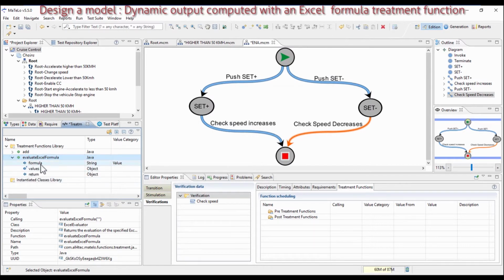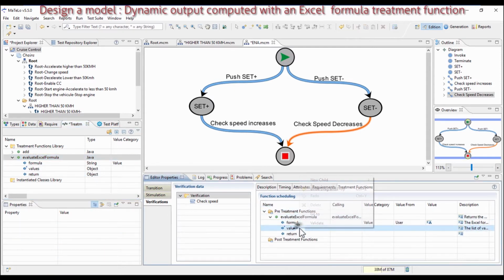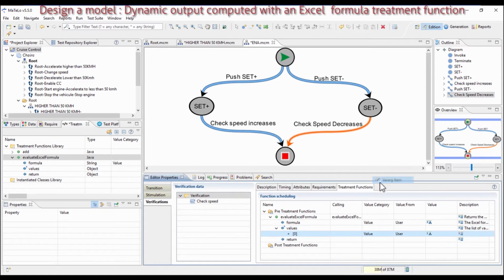There are 3 parameters with the option, when a star is indicated, to add as many parameters as you wish. Here, in value, there is only one input parameter. Click on New Child vararg item. Write this Excel formula in English as following: